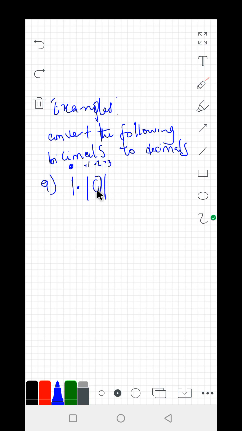Okay, and these are bicimals, that means they are in base 2. So to convert this, we start by having this